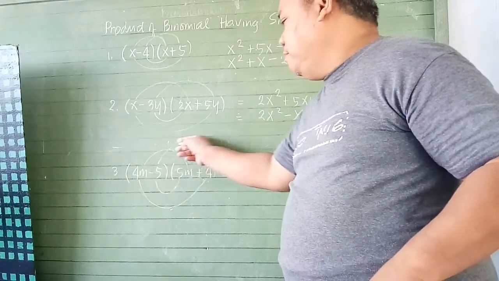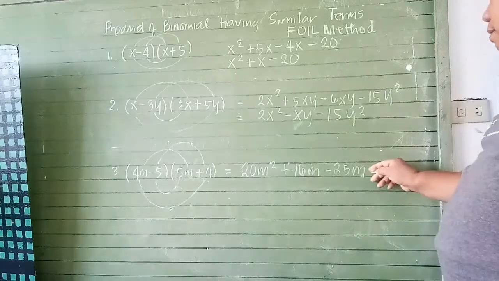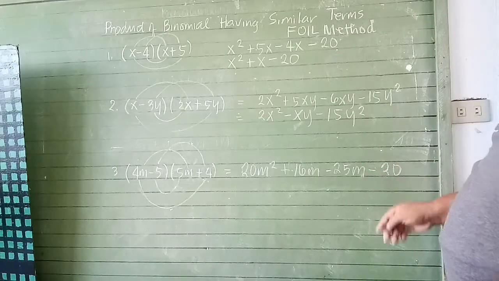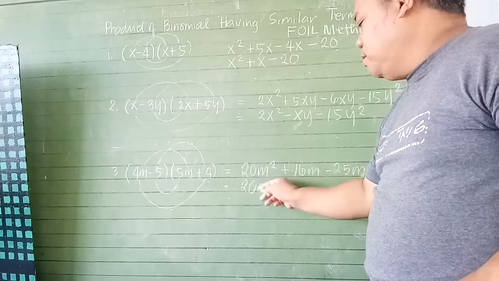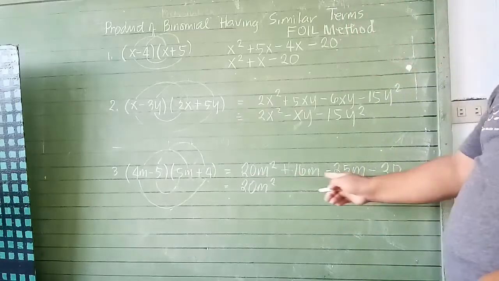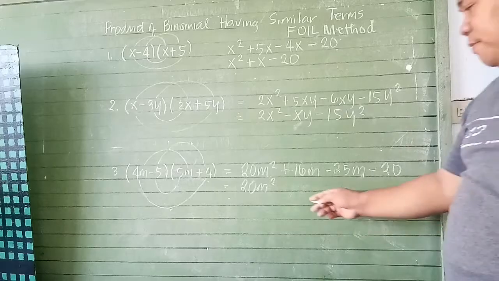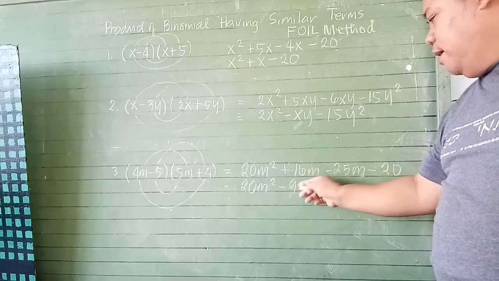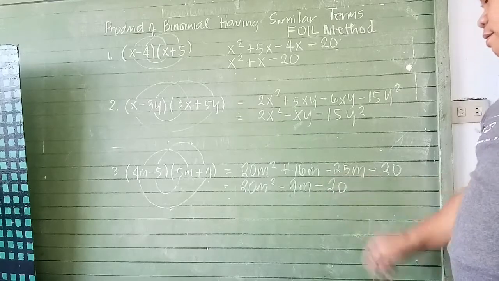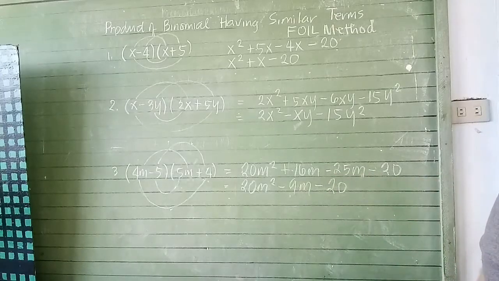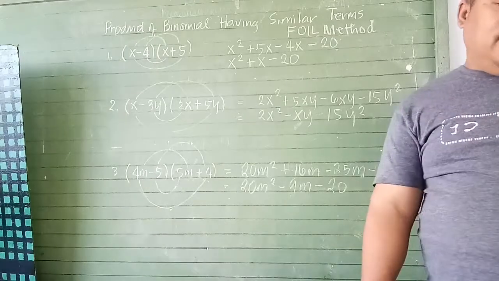And the last term, that is minus 20. So this is 20m squared. Combine natin to, that is negative 9m and minus 20. So 20m squared minus 9m minus 20. So that is how to use